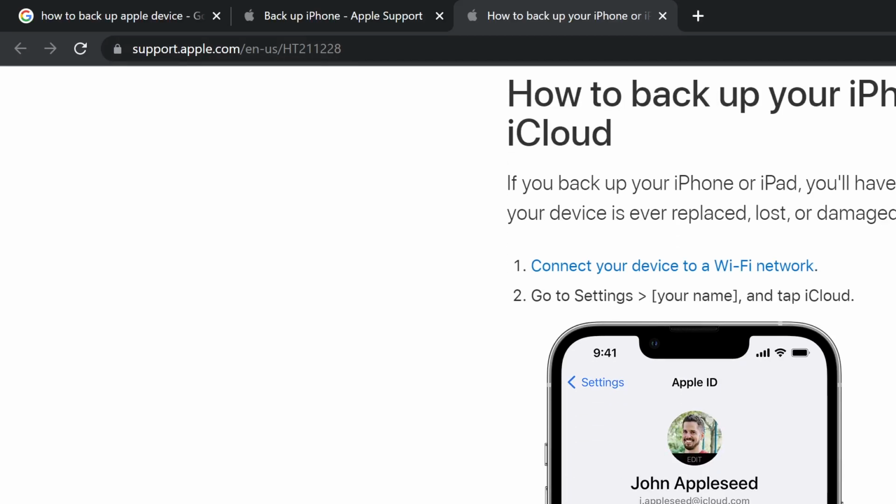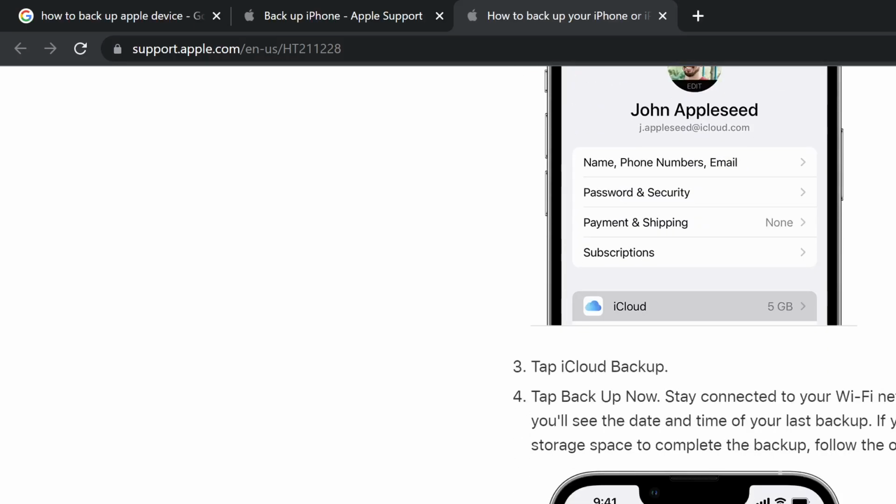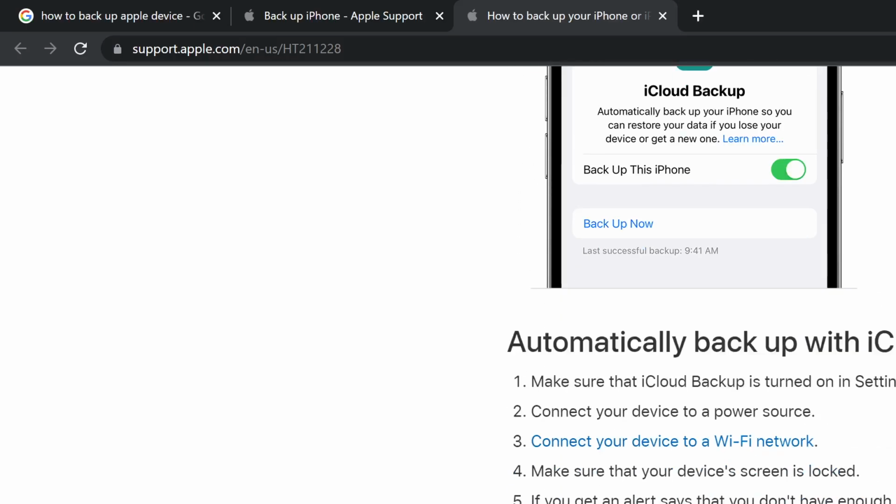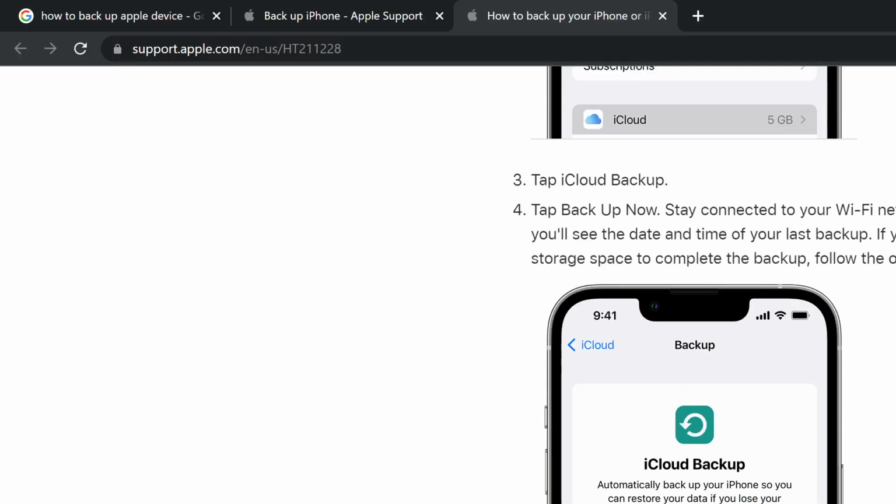Connect to your Wi-Fi network. Go to settings. Tap iCloud. Tap iCloud backup. Tap backup now. There you go. You have to assume that they've done the work for you and that it's just somehow safe